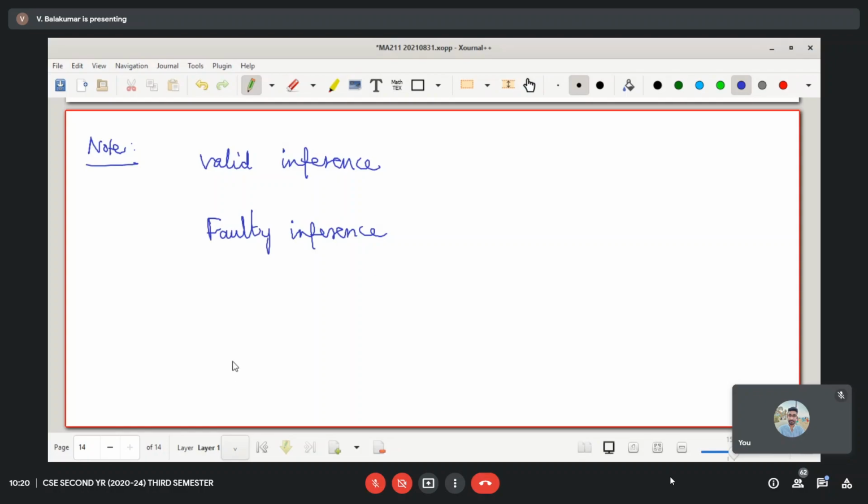Maybe that we shall come to a little later. First of all, we shall give three possible mistakes. Or just let me write down: valid inference is a correct conclusion, and this is an incorrect conclusion. First of all, we do not worry about whether the conclusion is true or false. That we shall give now.